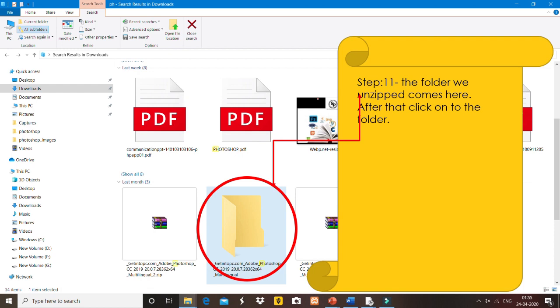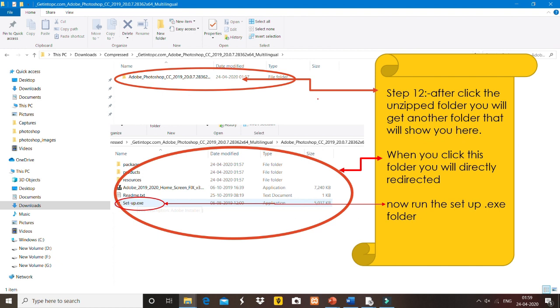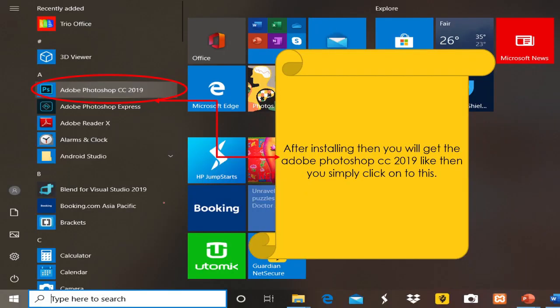Now go to that path and click onto the Photoshop folder, and then again click onto the Photoshop folder, and you can see there is a setup.exe application file. Click onto that execution file and run it. After that, it will be stored on your PC.